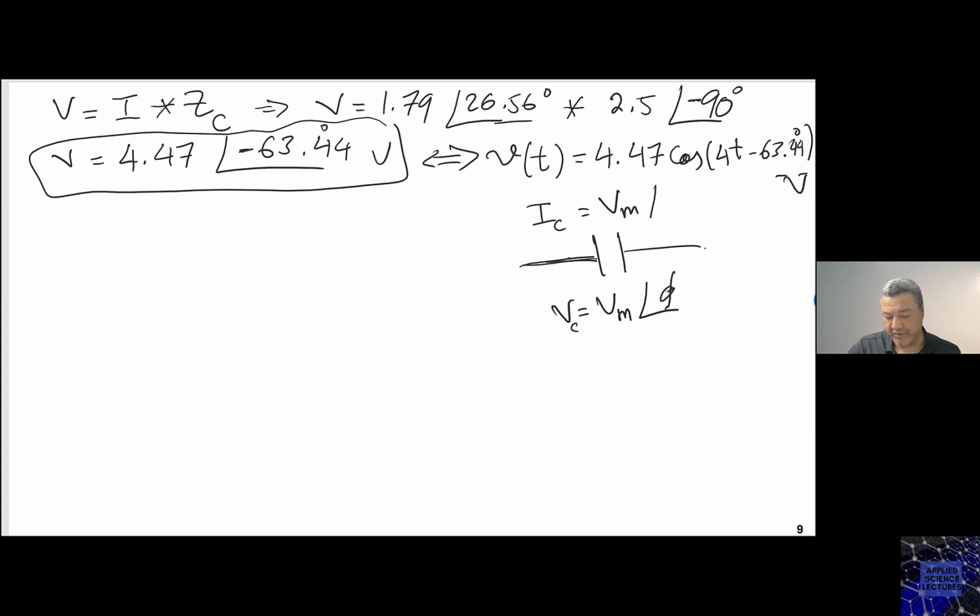This is general, right? Plus 90 degrees. So if I am to draw the phasor of the voltage, let's say this is the voltage,